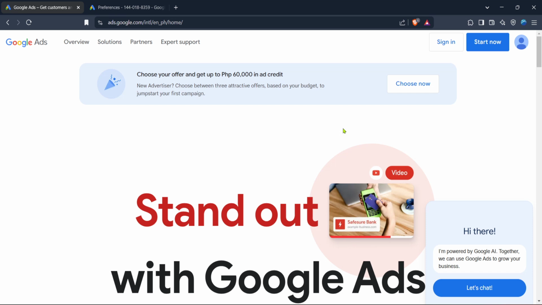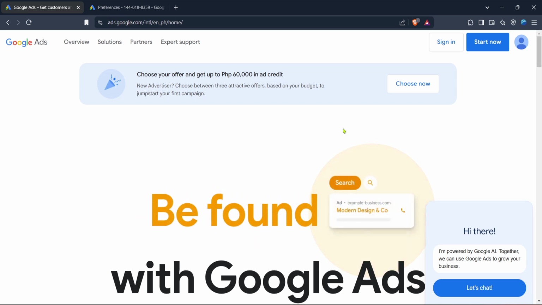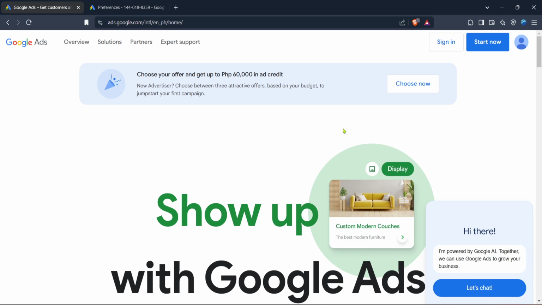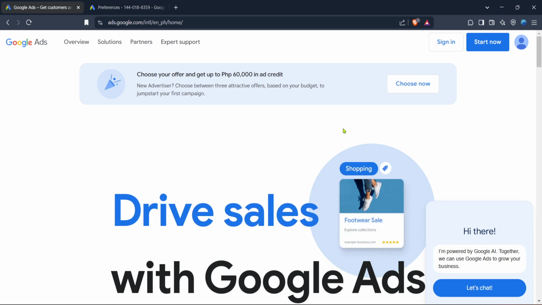First, we're going to start by visiting the Google Ads homepage. Open your web browser and type in the URL for Google Ads, which is ads.google.com. If you're not already familiar, this is the main hub where all your Google Ads activities are centered. Once you're on the site, you'll see a vibrant layout encouraging you to connect with more customers and boost your